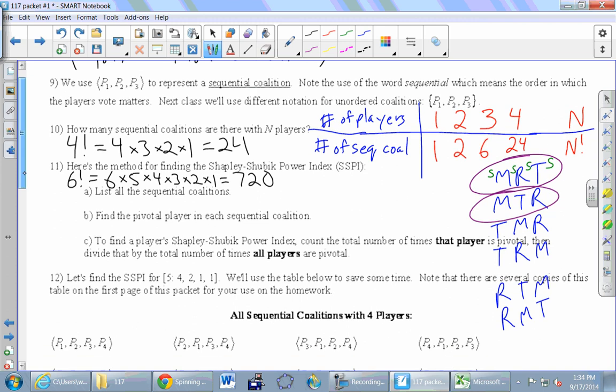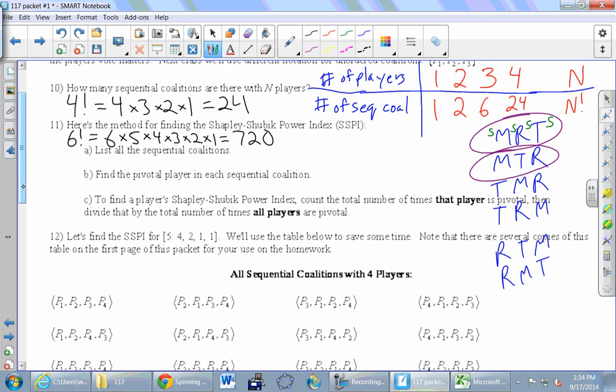Okay, so here's what we're going to do. We're going to do this process that's listed right here, which is something called the Shapley-Shubik Power Index. It's named after 2 people, Shapley and Shubik. Again, this is a fairly recent invention. I'm pretty sure Lloyd Shapley is still alive, and he recently won something. It wasn't quite the Nobel Peace Prize, but it was some other really high echelon award.